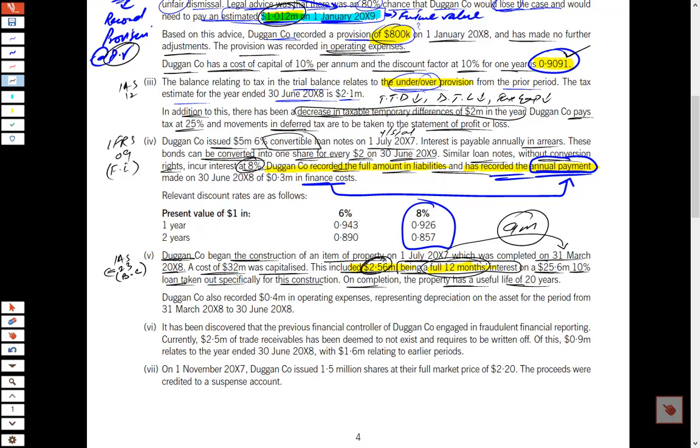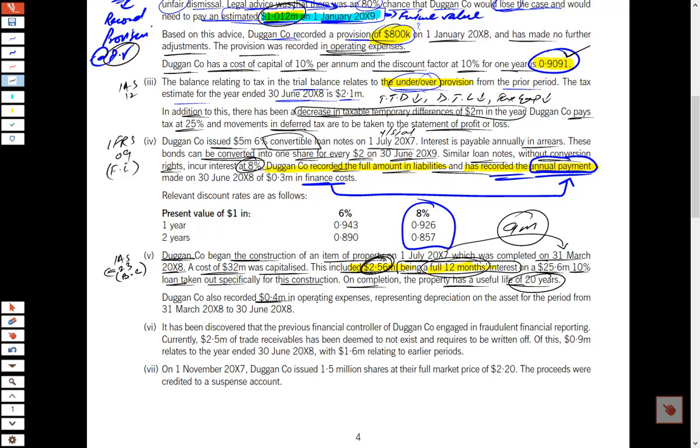By the way, if they have added this thing to the cost of the asset, and afterwards they have depreciated the asset, it means both things are wrongly done. First of all, if the cost of the asset is wrongly calculated, it means your depreciation and any future treatment is wrongly calculated. So we have to adjust 2 things over here: the correct borrowing cost and the revised depreciation, and the remaining interest expense treatment.